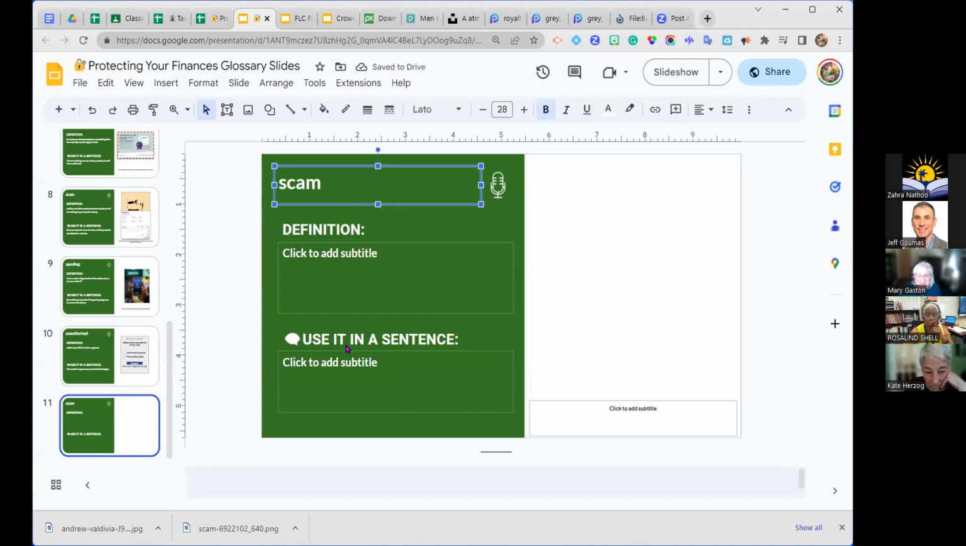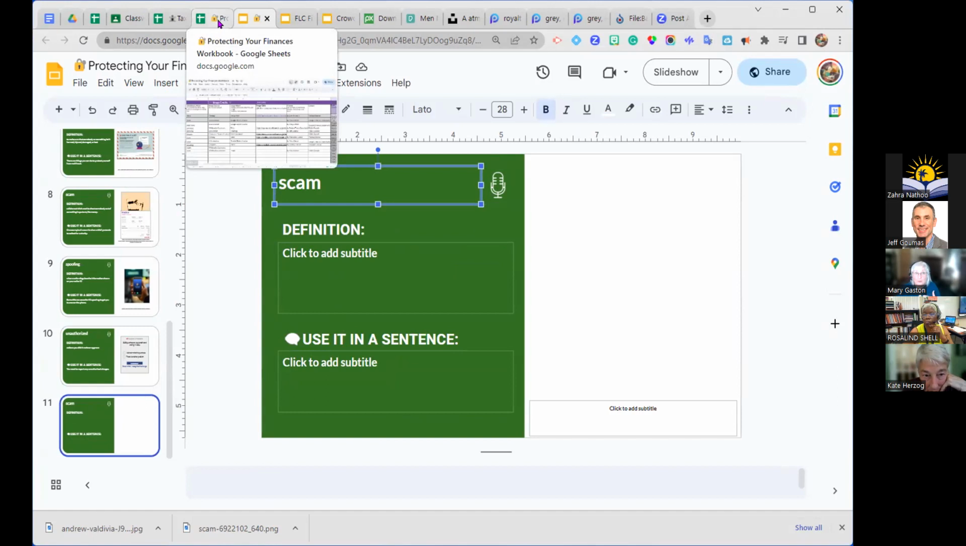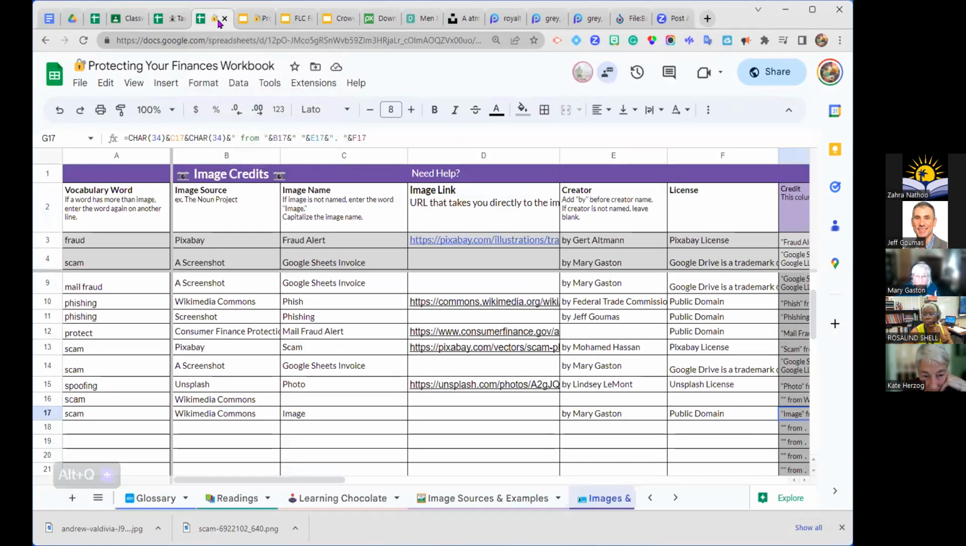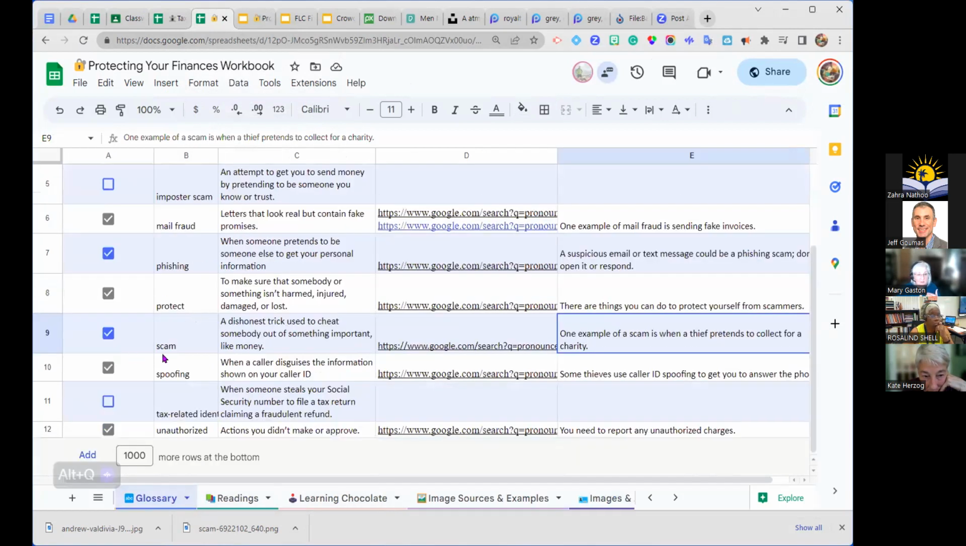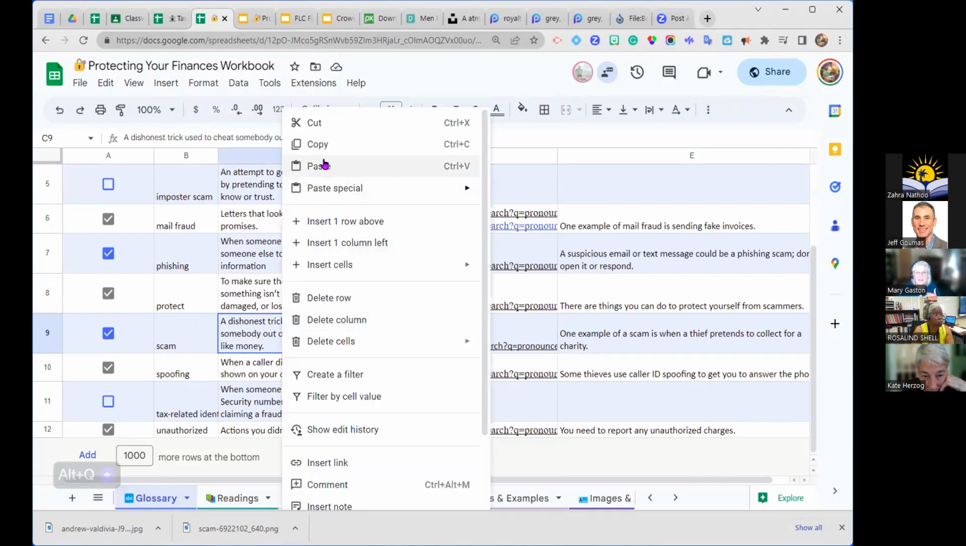This is my slide template from my sample book, and I'm looking at the word scam. So if this were you, you would go to your workbook and go to the glossary tab. And I'm going to find the word scam. Here's the word scam. Here's the definition. I'm going to select that cell. I'm going to right click, copy,